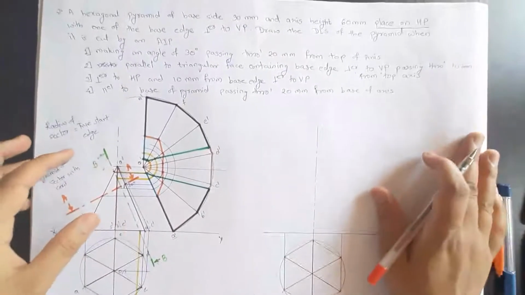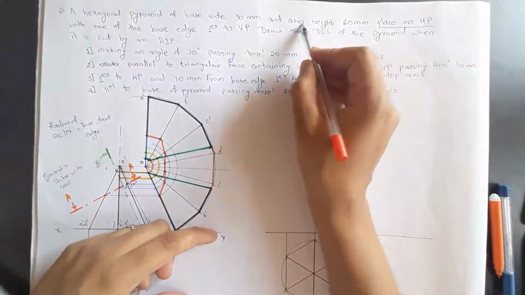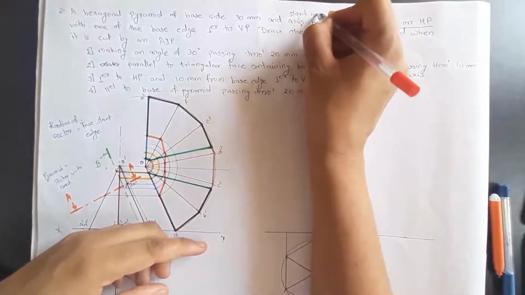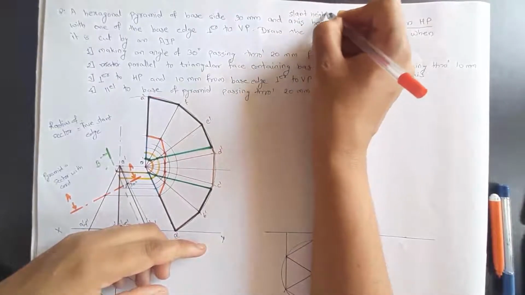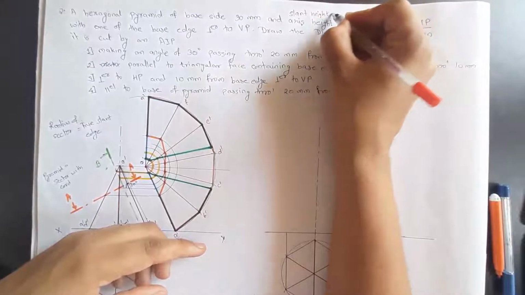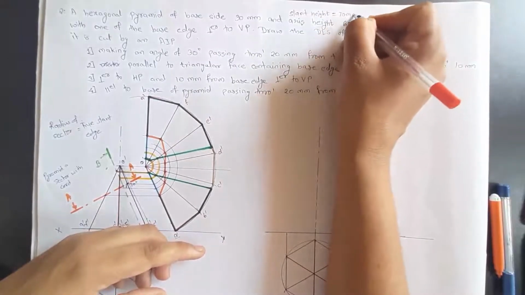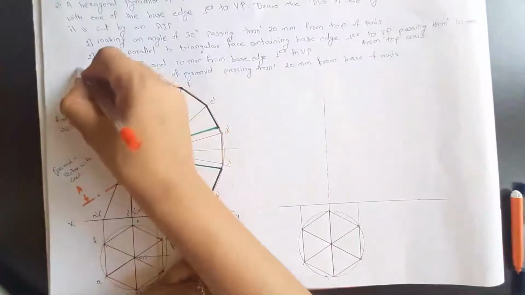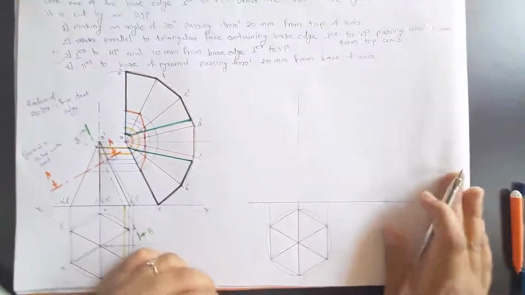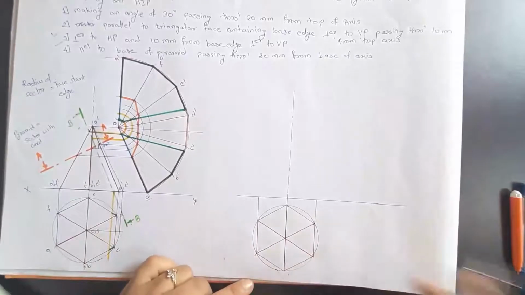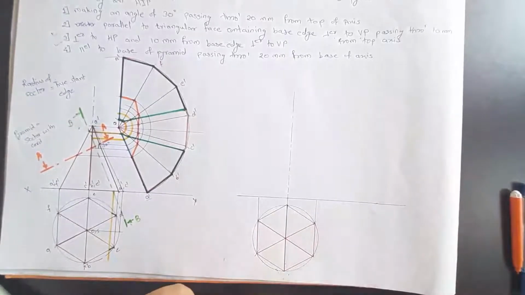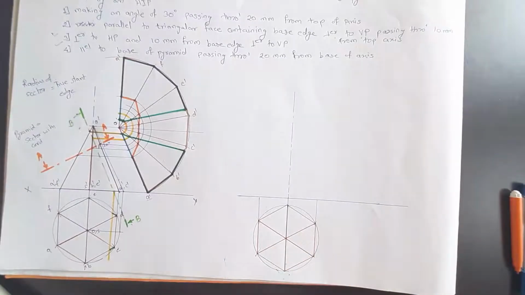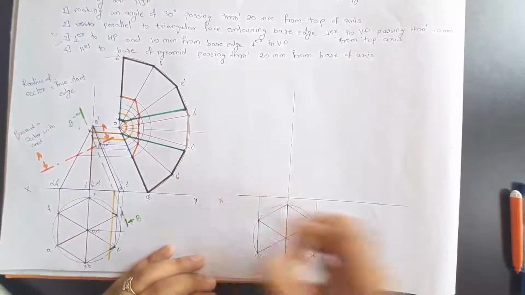Now let's say in the same question, instead of axis height, if the slant height is given, let's say 70 mm, then how to draw it? In that we are going to cover this 3 and 4 condition. Now the base will be same, that is hexagon with 30 mm base edge. Take the projection to add the XY line.